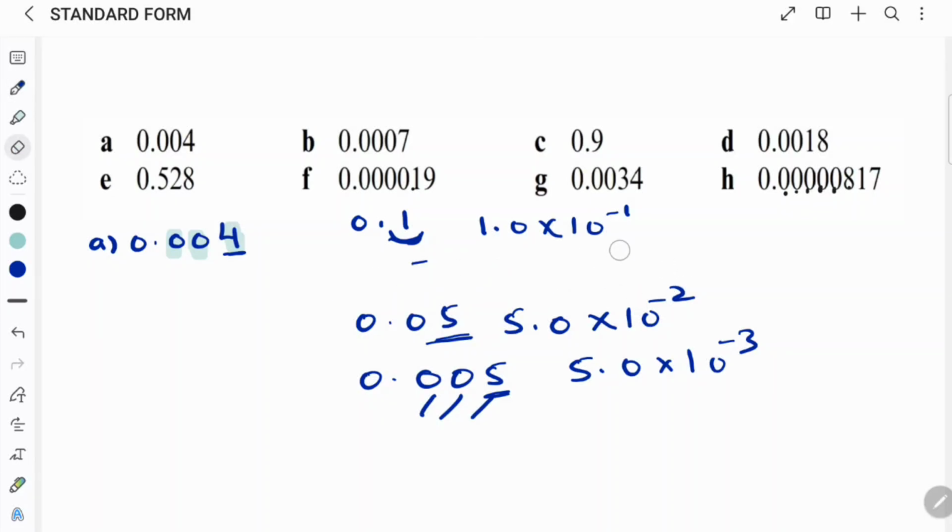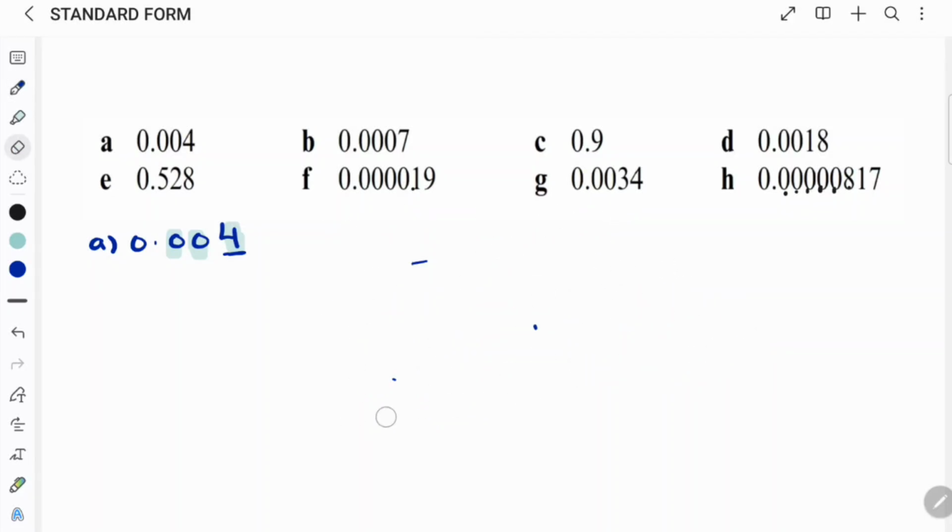I hope you have understood. So we are continuing the questions now. So 0.004, for third place, so 4.0 into 10 to the power minus 3. We need just one digit before the decimal. That is called the standard form. Okay. Part B,